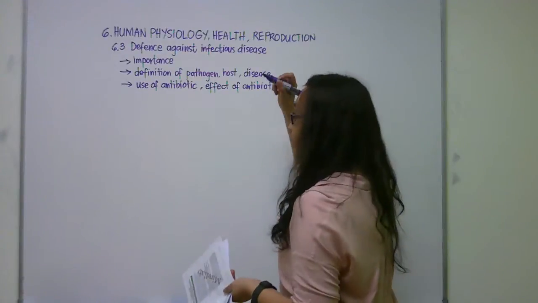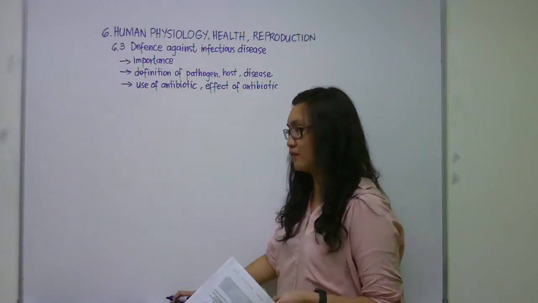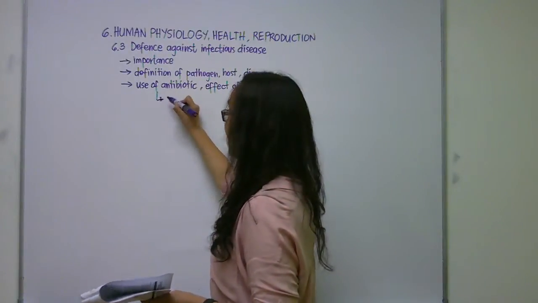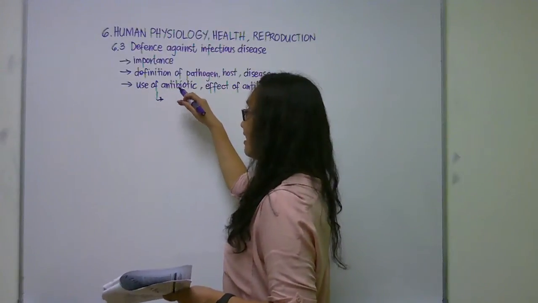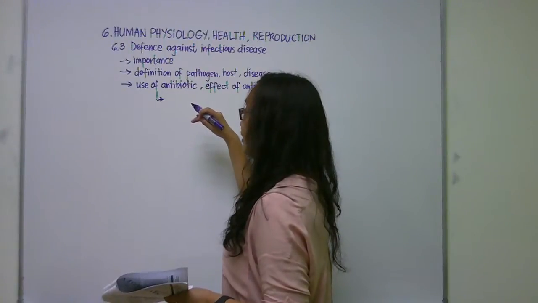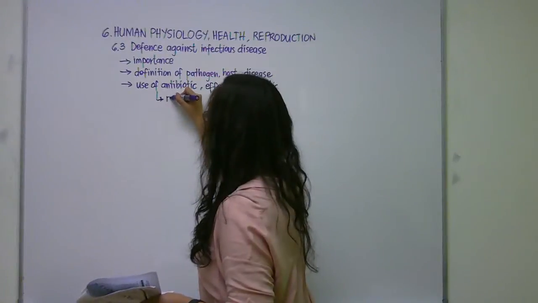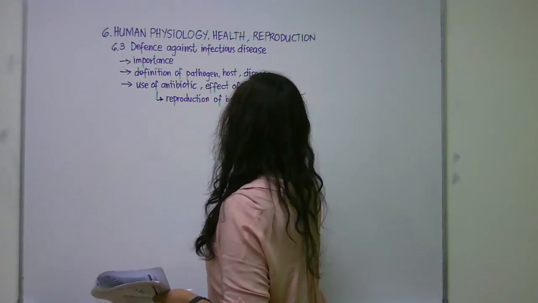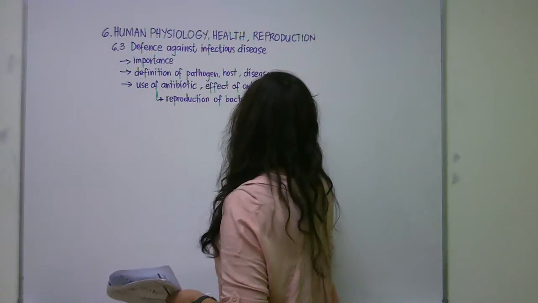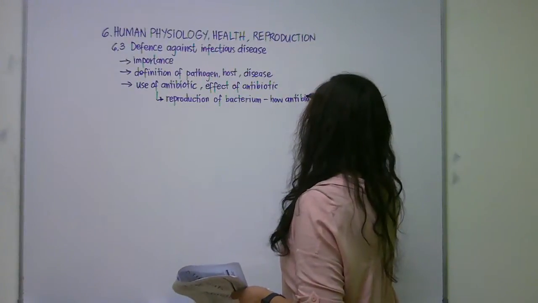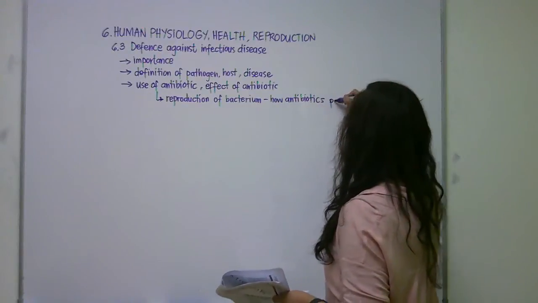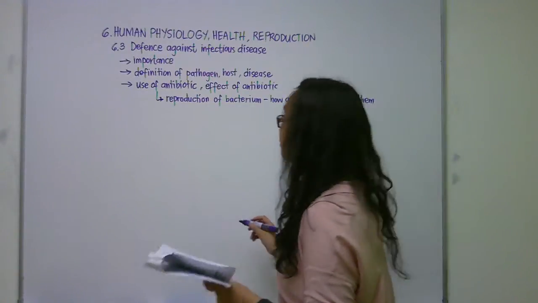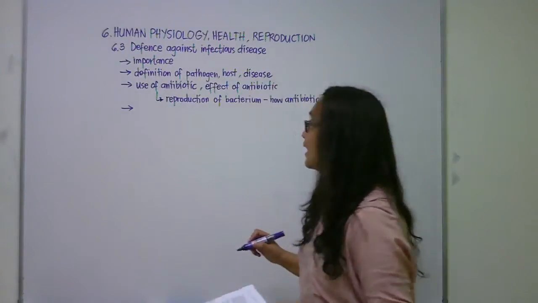We have to include how bacterium is capable of reproducing, and how the antibiotic is able to stop or prevent a specific stage or a specific step in the production or division of this bacterium. So right after discussing